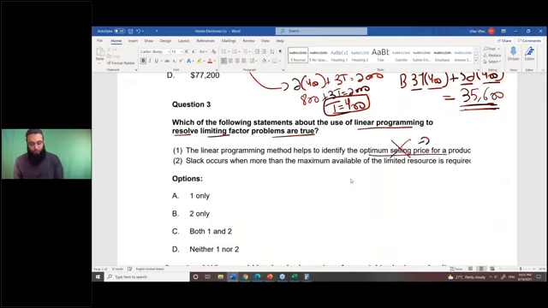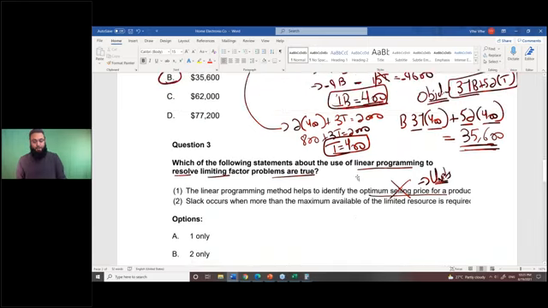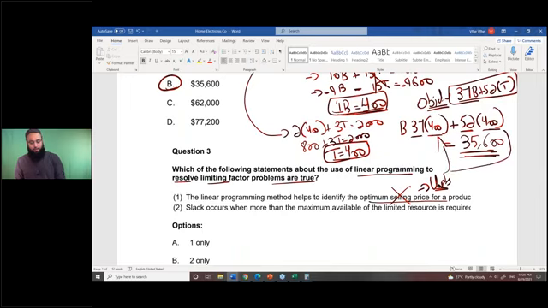Wrong. It helps to identify the optimum units, and you just did that. See, you just did that. You found out the units here. So not optimum selling price, optimum units. Okay. Second, slack occurs when more than maximum available of limited resource is required. More than maximum, which means if you have a maximum of 2,000, 5,000, so it says slack means when more than maximum, which means above 5,000 is required, that's slack. Is slack